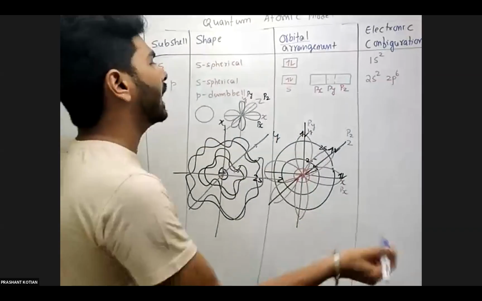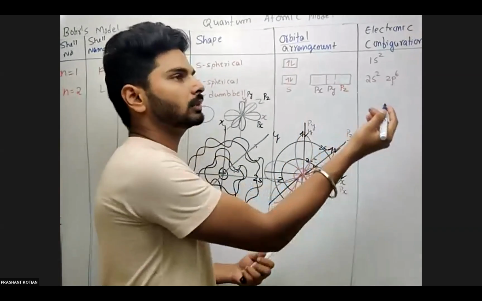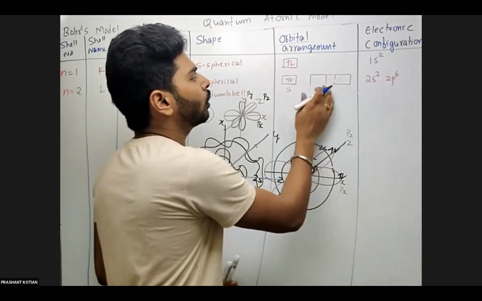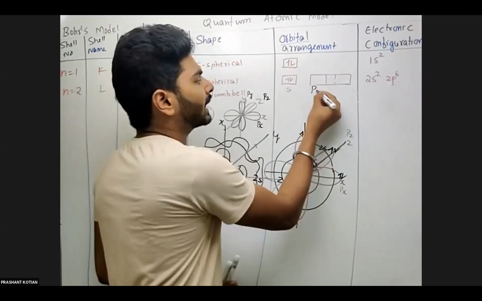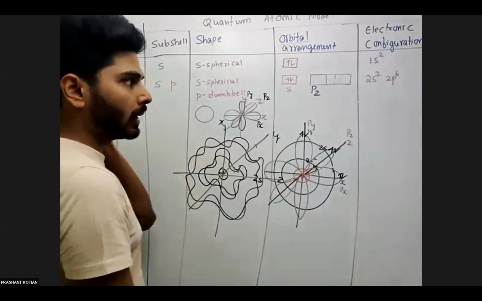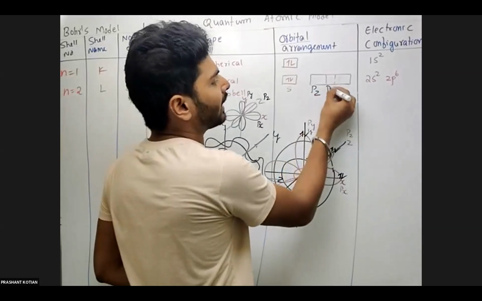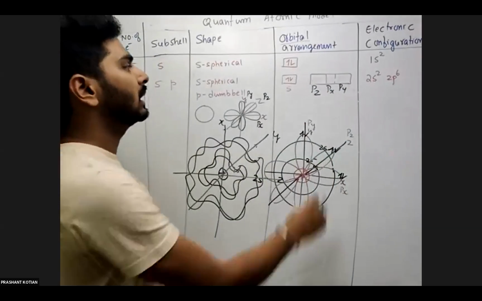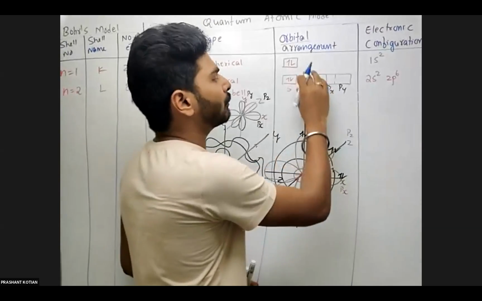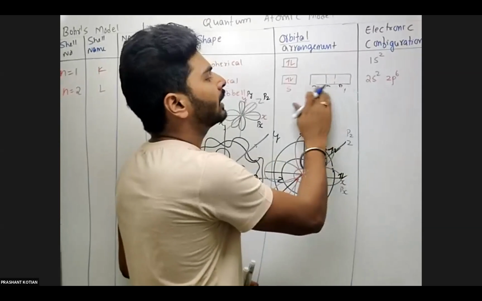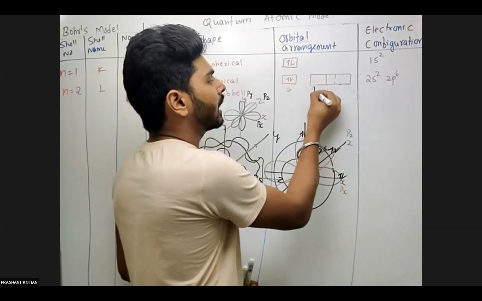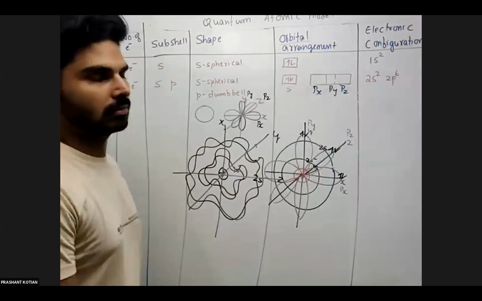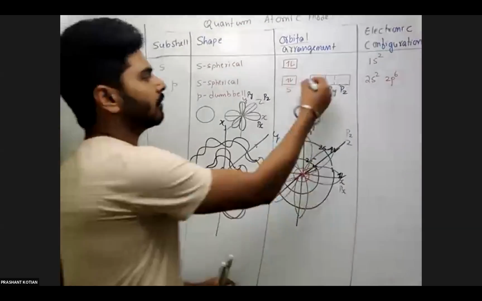Remember this. As a notion, we know we consider x first. Otherwise, remember, you need not keep x as the first orbital. You can keep z as first and then x and then y. Any order is acceptable, because it is only for our convenience that we write px, py, pz, as a habit of writing x, y, z. It doesn't mean that the electron will fill in that order. So for an electron, it can be anything, anywhere you can fill.